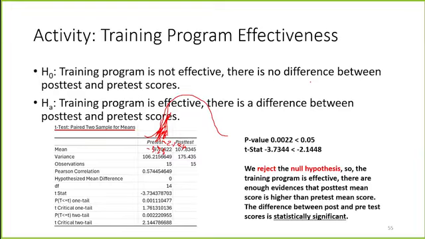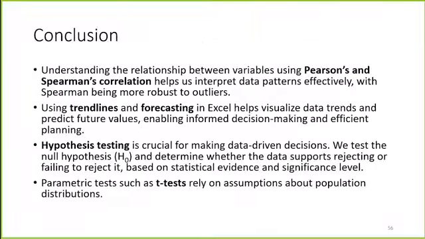There is enough or strong evidence that post-test mean score is higher than pre-test mean score, and the difference between pre and post-test is statistically significant. As for how large the difference is, look at the mean values: one is 97 and the other is 107, so it improved by about 10 points. Okay, so in conclusion what we did today is we